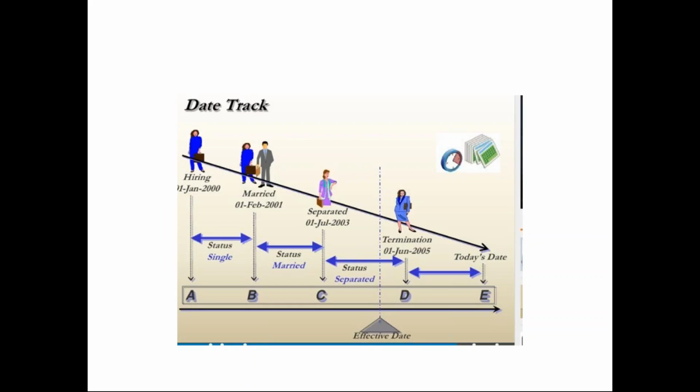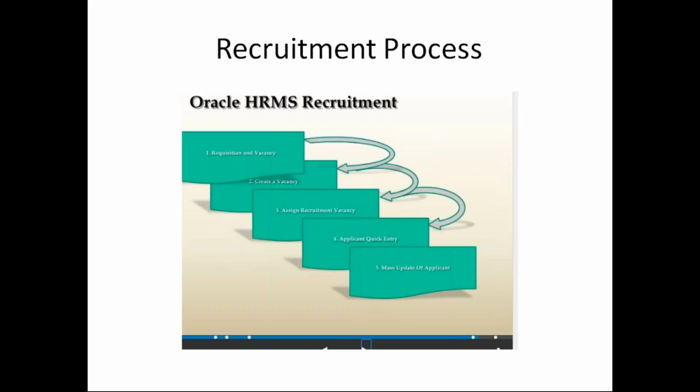So these are all the things we can track. If you work 10 years or 20 years in the organization, or 8 or 9 years, we can track your history. Everything will be recorded in the system. This has the best features. Based on this, we'll calculate the salaries as well. Based on this, we'll give loans to employees. Based on this, we'll evaluate performance. There are a lot of features related to this.